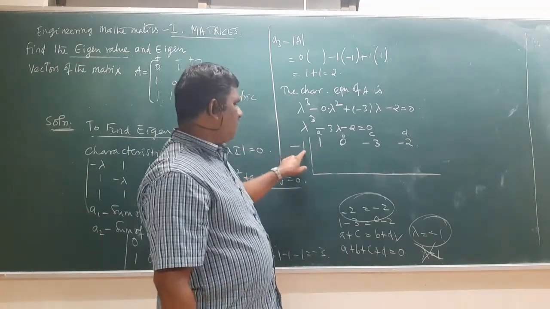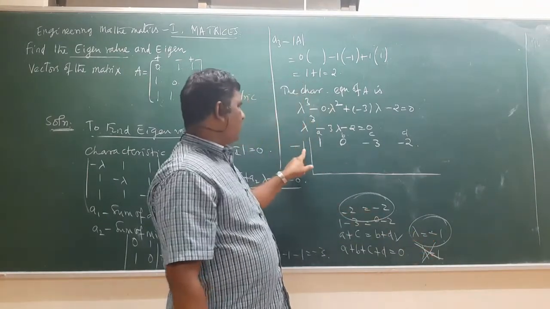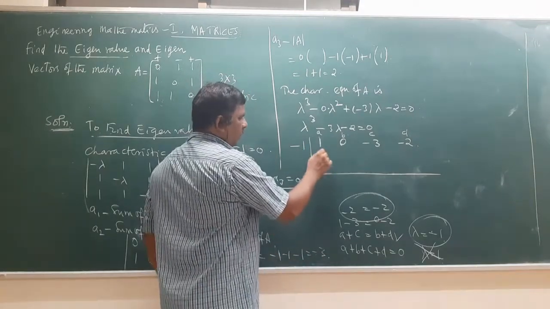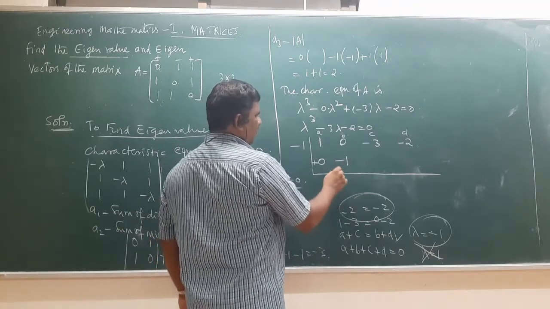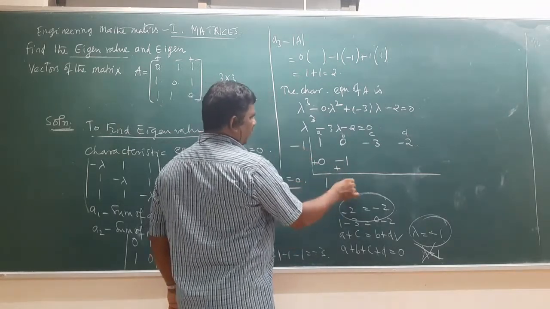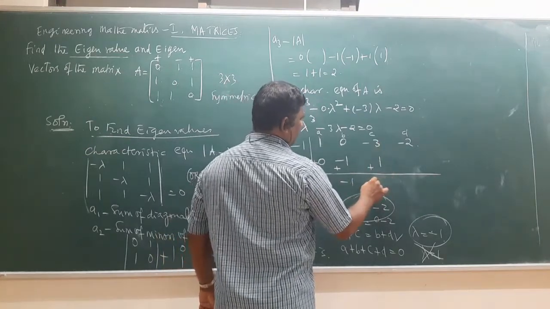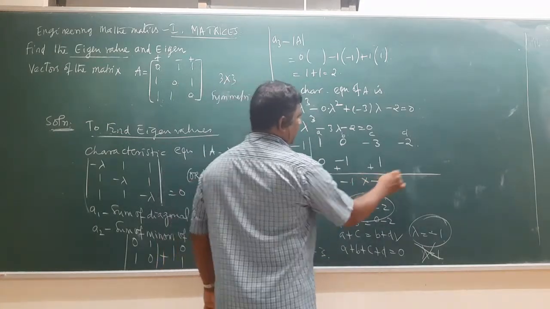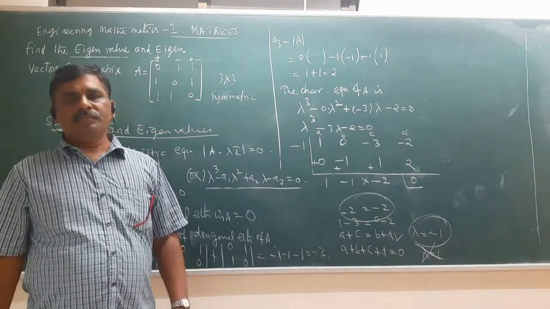Already we know that minus 1 is the eigenvalue. Then you substitute minus 1 here. So arbitrarily you put 0 here and then add that 1 and 0, 1. Multiply that by minus 1 and plus 1, minus 1. Now add that 0 and minus 1, minus 1. Then multiply that by minus 1, plus 1. Add that minus 3 plus 1, minus 2. Then multiply that by minus 1, minus 2 plus 2. Finally, your result should be equal to 0.